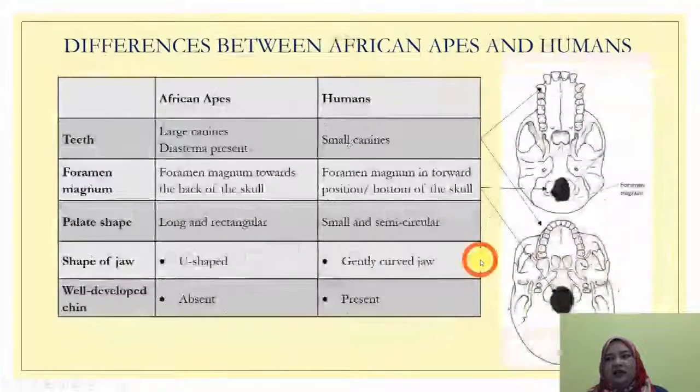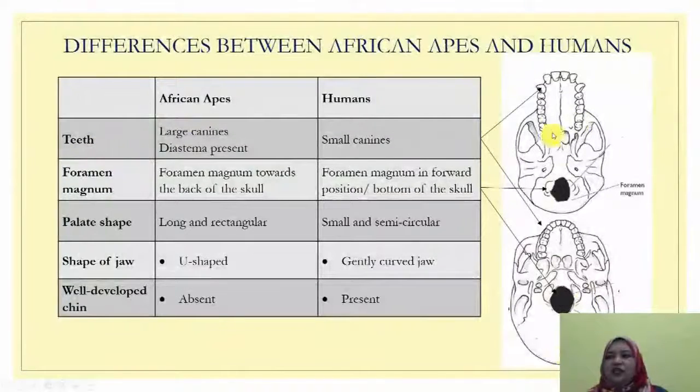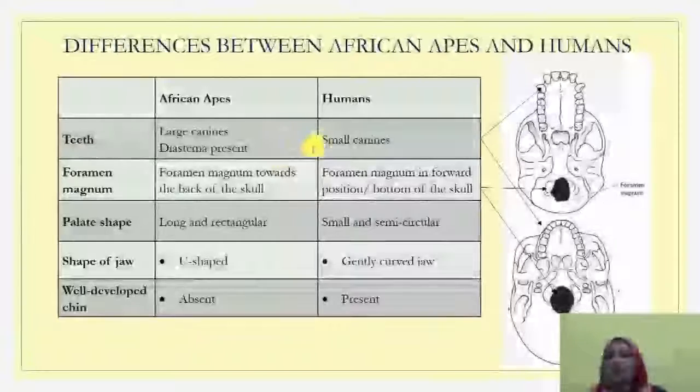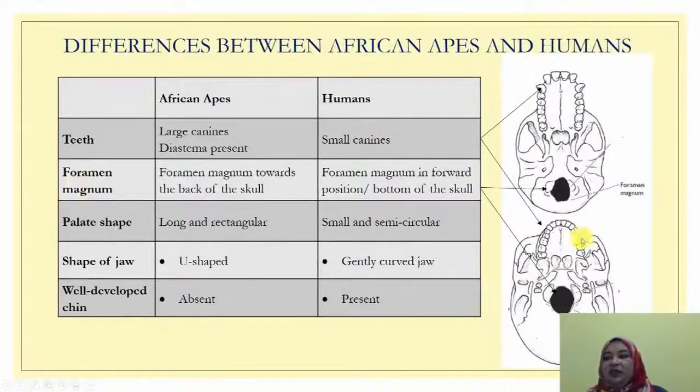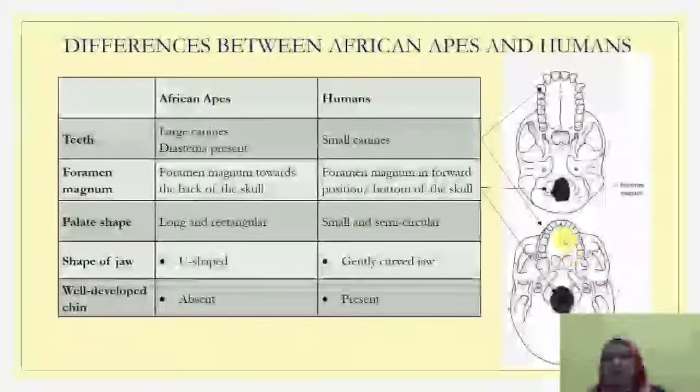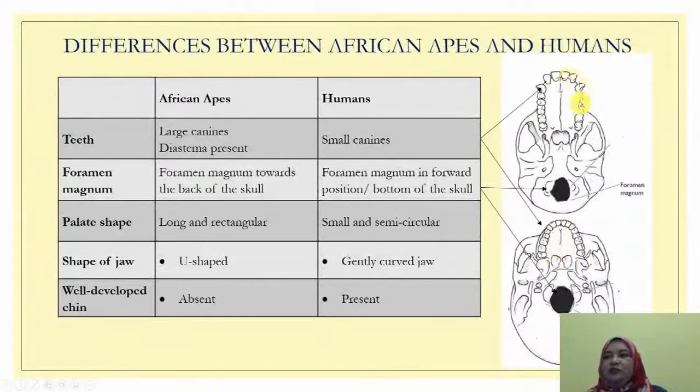And at the bottom of the skulls, you need to be able to show the differences in your teeth, large or small canines, and the position, which is very important, of the foramen magnum, whether it's at the back of the skull or in a more forward position, which gives rise to a condition called bipedalism. The palate shape, the size of the jaw, one being large and the other also